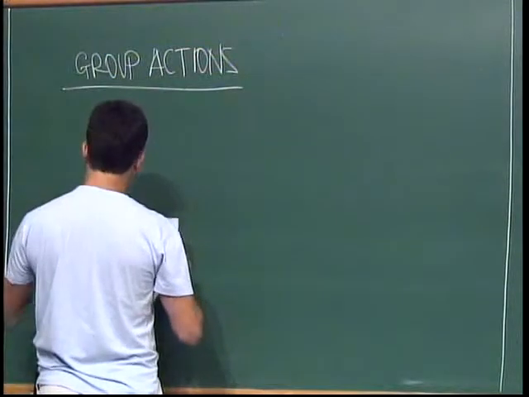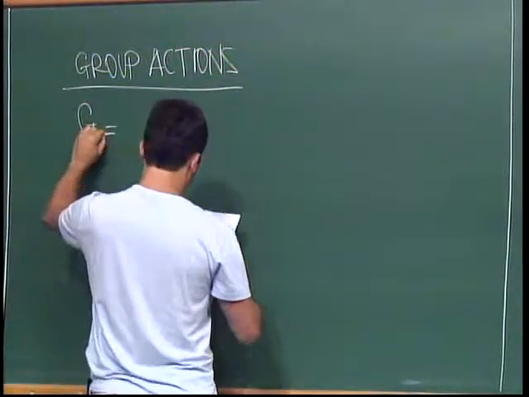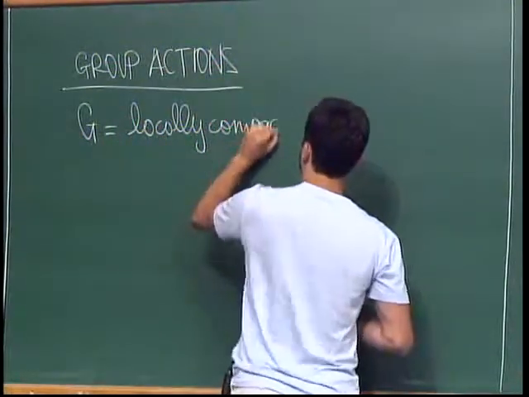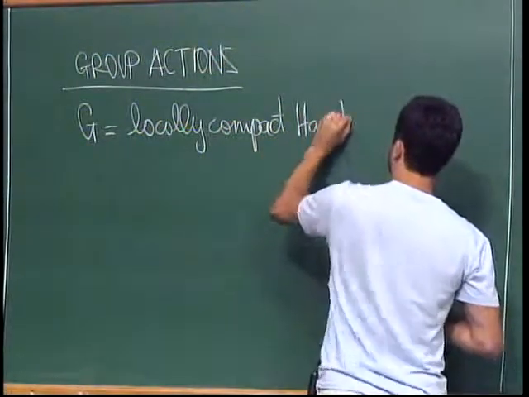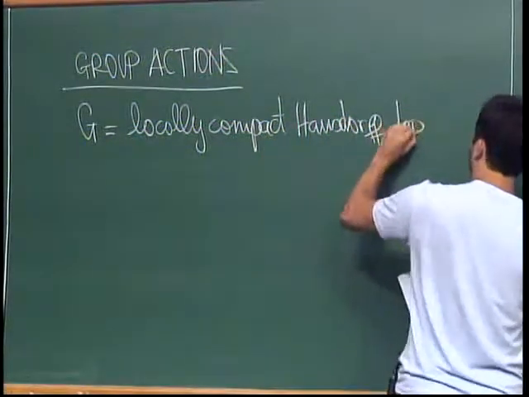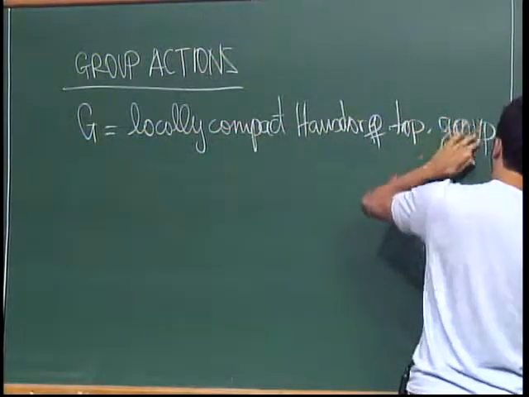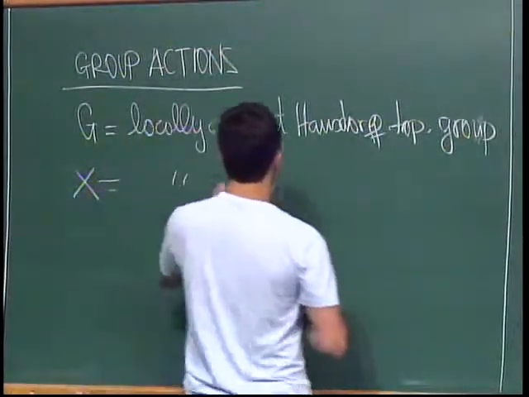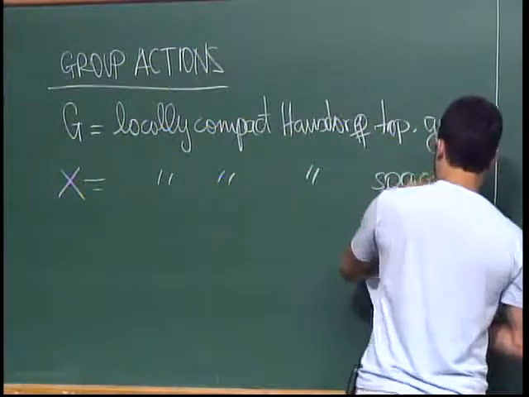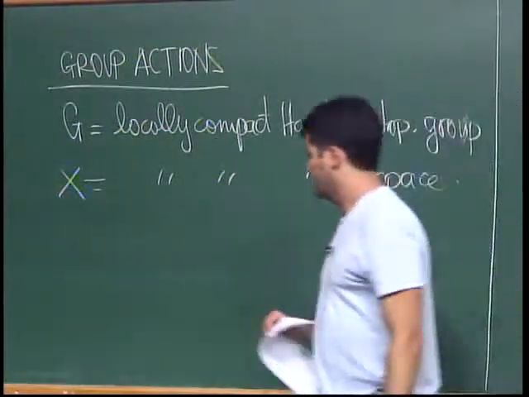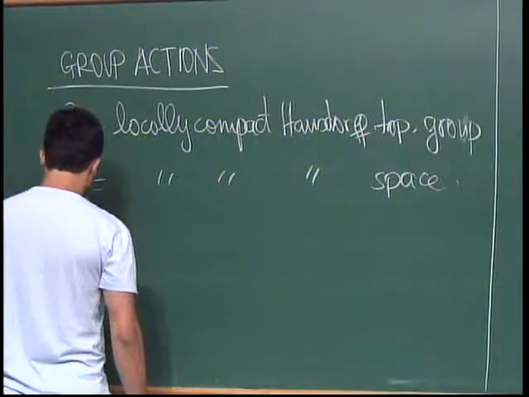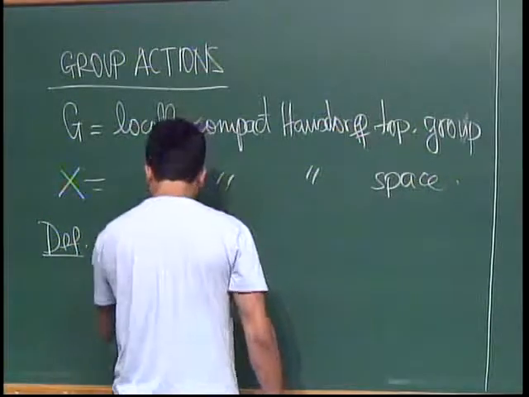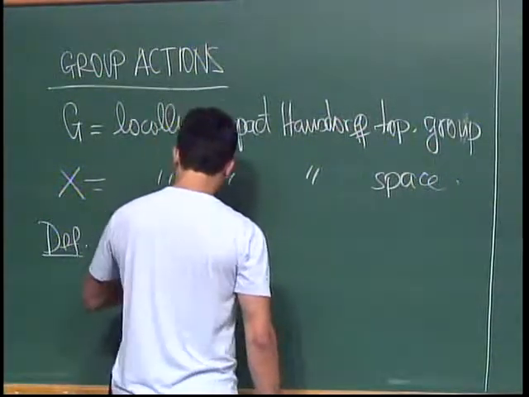And our setup is always going to be the following. G is a locally compact Hausdorff topological group. Actually, in a few minutes, it's going to be only a Lie group. And X is a locally compact Hausdorff space. Okay? So we say that G acts on X on the left, let's say. So a left G action